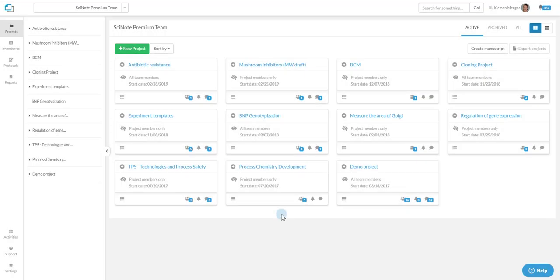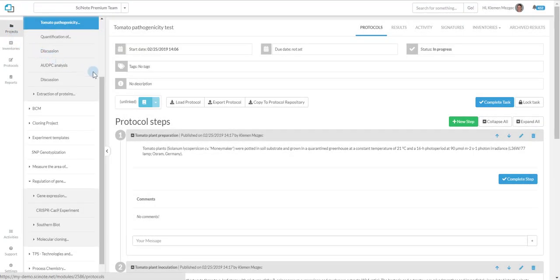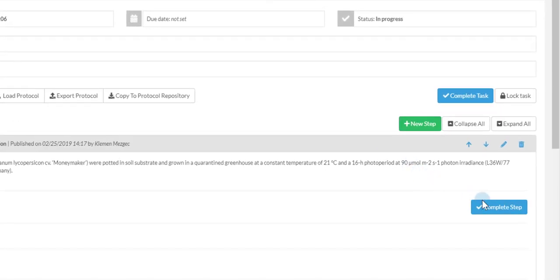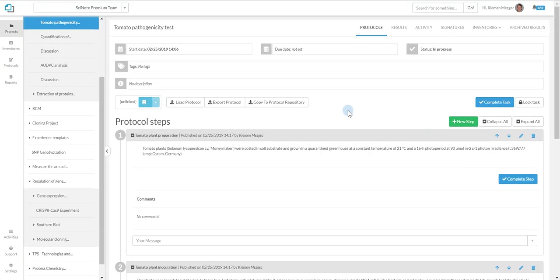Here in this tutorial, you will learn how to keep track of experimental task completion. In the task overview, under the protocols tab, you can use complete step and complete task functions to keep track of work progress. This may come in handy if you are using a tablet at the bench during the experiment